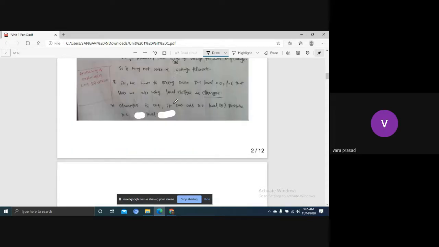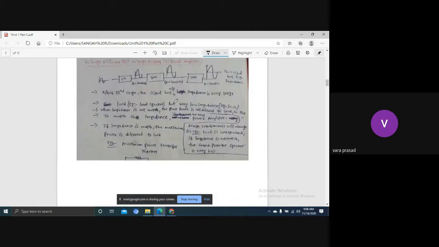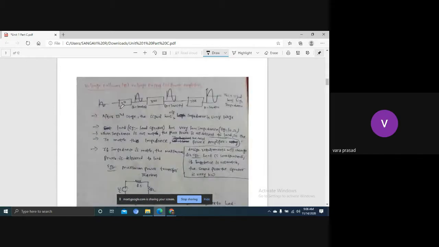Next one is the voltage follower or voltage buffer. Now, if you observe, in the first stage the DC level is changed and amplified. This is more gain, and the DC level is changed. Now, in the third stage, we are going to get the DC level back. We can restore the DC level.